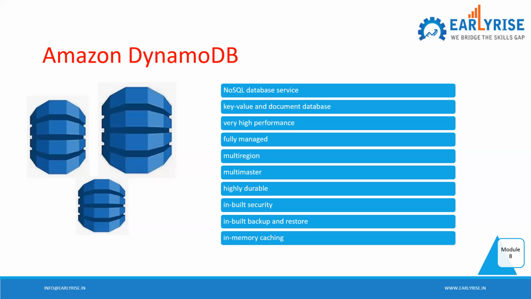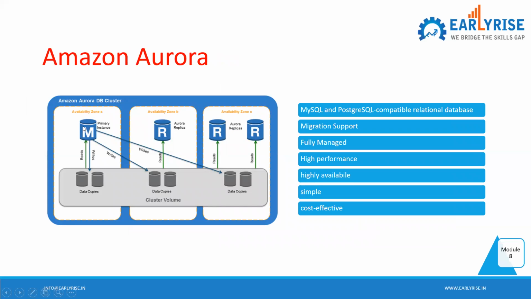If it is single master, a single DB instance will be performing the write operation, and the others are read only. You saw that photo? I think the previous one, yes, here. Is this single master or multi-master? This primary instance is only one instance, correct? It is doing all the writes, so it is not multi-master. Only one, so this is single master. But if you have more than one like this doing it, then what?